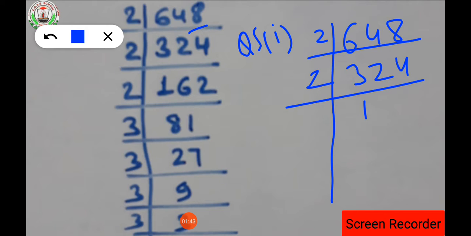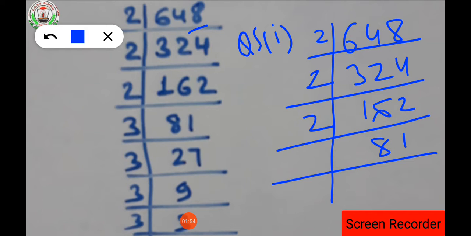So 1 and here 12, that means 6. Again 4 will be 2 times. Then again in the table of 2, 16 comes how many times? 8 times. And 2 comes in the table of 2 how many times? 1 time. Now the one's place value of 81 is what? 1 is an odd number, so it goes in the table of 3, isn't it?